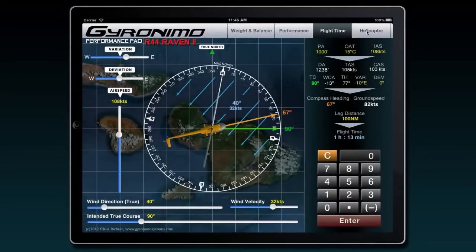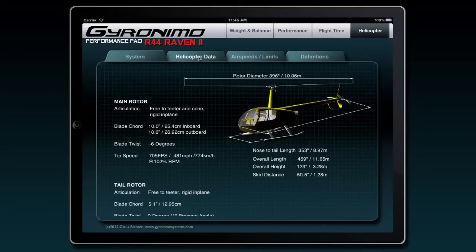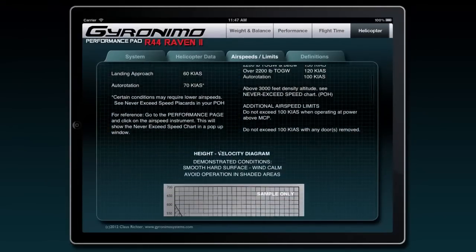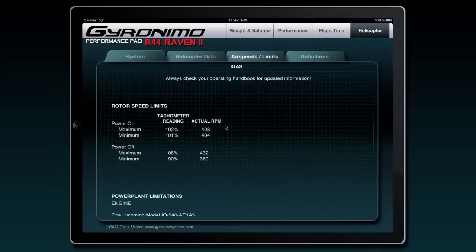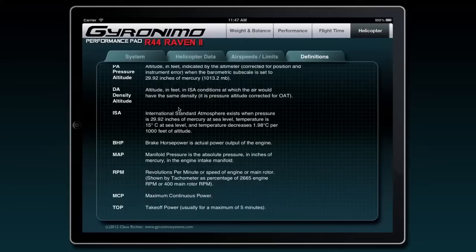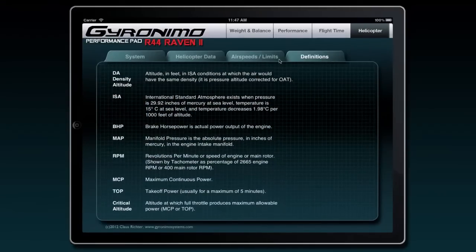And last one is the helicopter page. Here you can actually get data from the pilot operating handbook. Here we have basic helicopter data, we have airspeeds and limits, and you get a couple of definitions. So in case you are not sure with an abbreviation that you have found, you can check the definition right